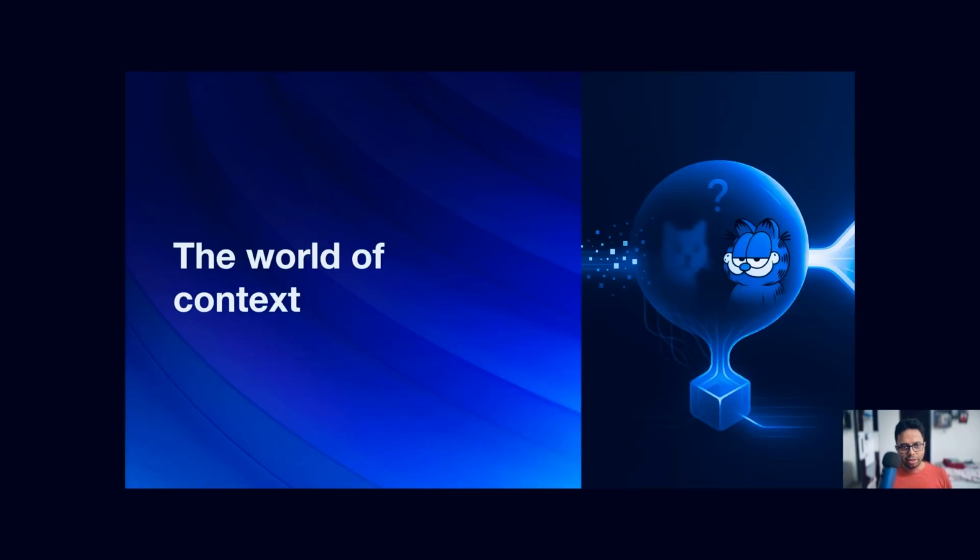So, the world of context. If you remember when ChatGPT came, if you used it in the early stages in November 2022, you know that it is all about context. You could have gone to ChatGPT and asked, hey, create an itinerary for me for Goa that I'm going to travel. And you know that a tool like ChatGPT or Gemini will probably not say no in most cases. It will go ahead and create an itinerary for you, but you are almost sure that it does not work because it does not know you.